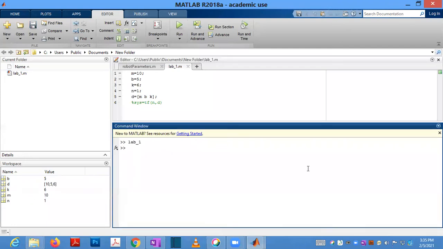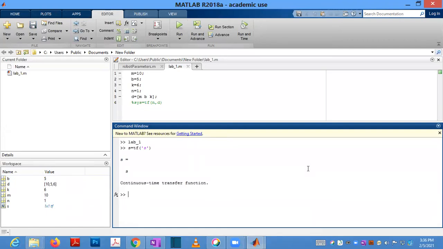There is another way to enter transfer function: s equal to tf within the quotes s. So s is taken as a continuous time transfer function variable.